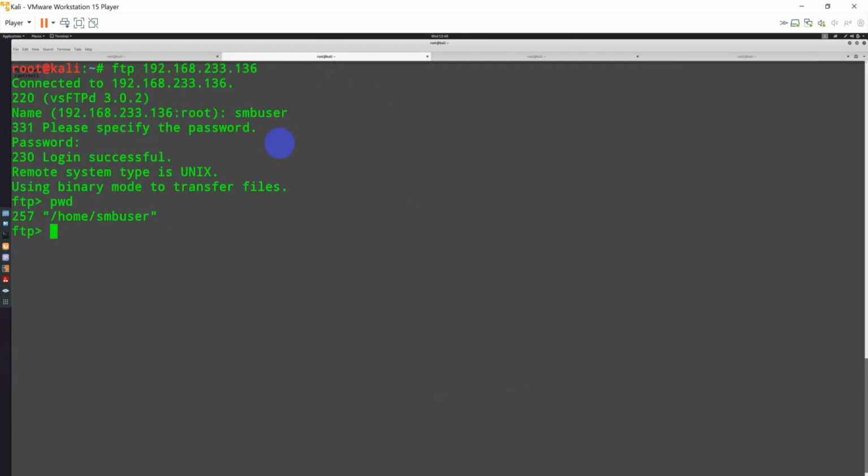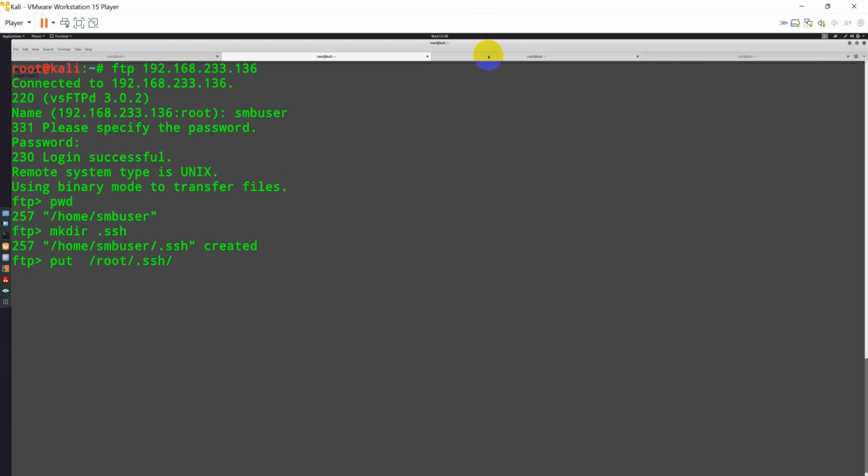Now let's go ahead and make the directory .ssh. So I will say mkdir .ssh. Okay, the directory has been created. Now let's put our generated keys. So put /root/.ssh, since it's generated inside the root directory.